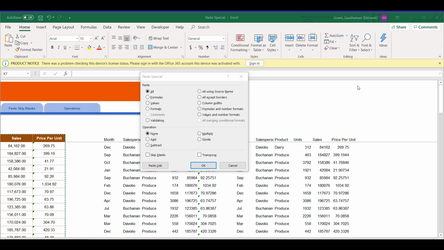So now, once you get this, you can try other options as well. I'll just brief you about these options first. Even if we can't see, you can try it on your own when you are working at home. So you can check here. We have formats. When you click on this, only the formats that I told you right now, that is number formats and cell formats, only that will be pasted. So let me show you that. If I choose formats,